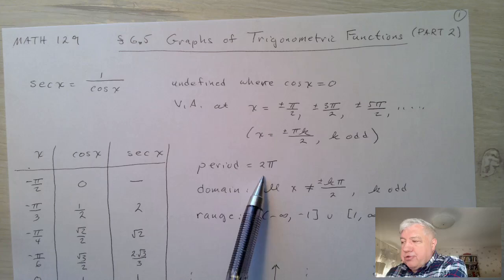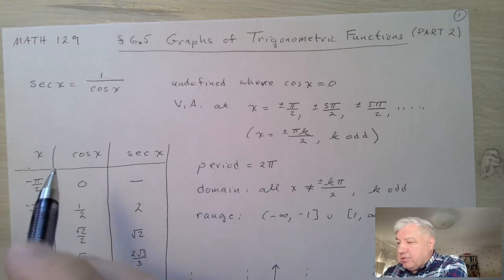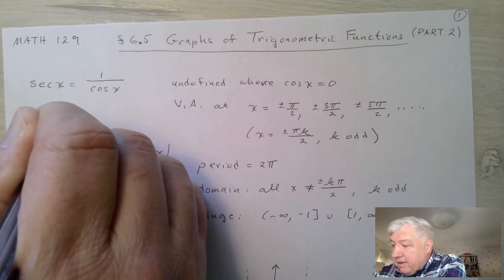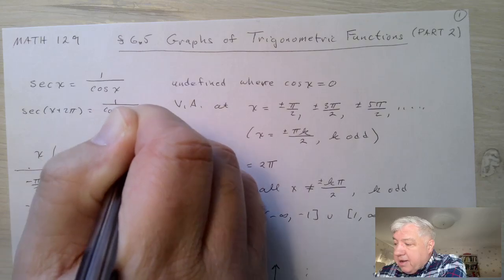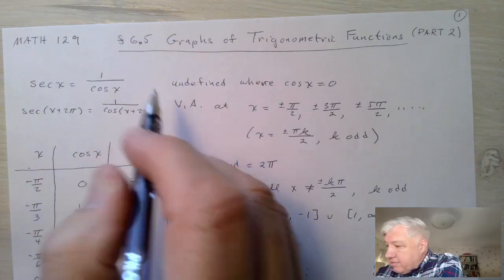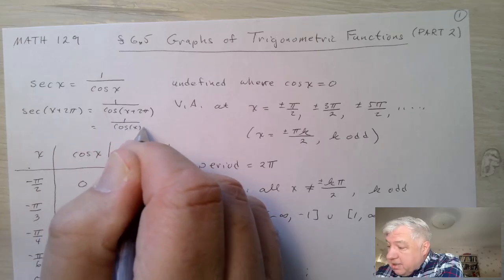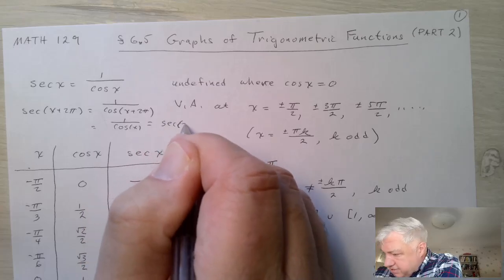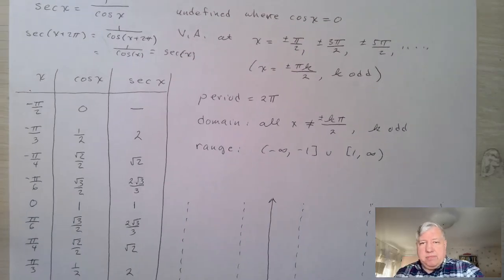The period of secant is 2 pi because it's also the period of the cosine, and because the secant of x plus 2 pi would just be equal to 1 over the cosine of x plus 2 pi. Okay, and then this would be equal to 1 over cosine of x, because the cosine is periodic, and then this would just be secant of x. Okay, so the period is 2 pi,